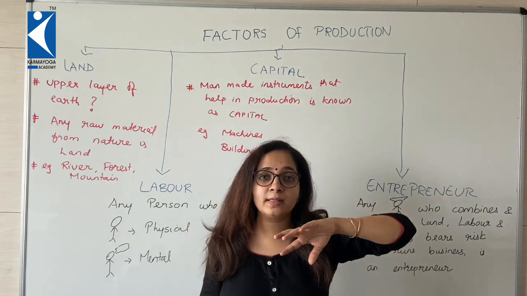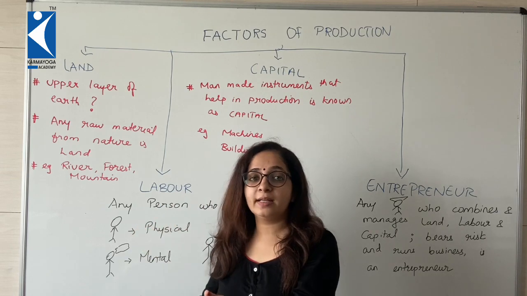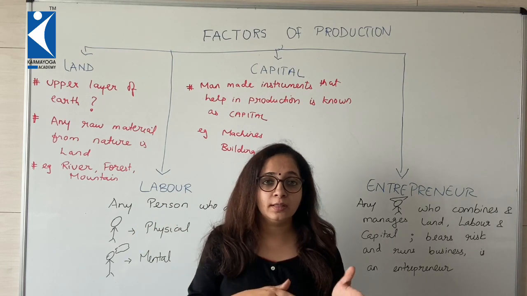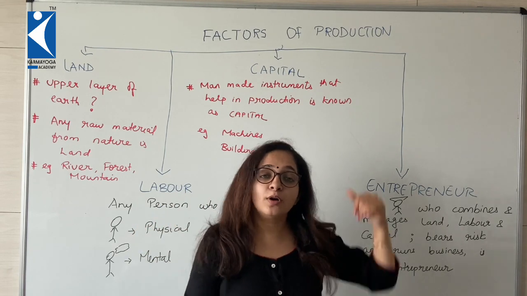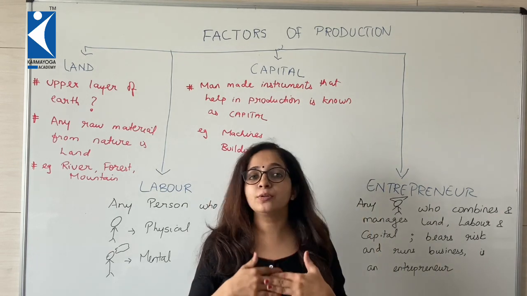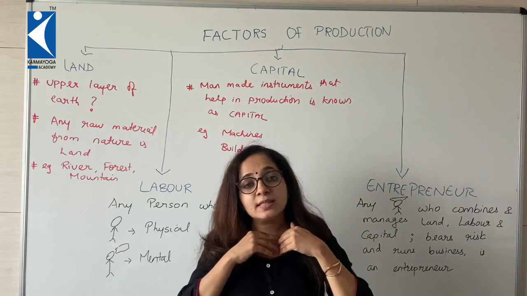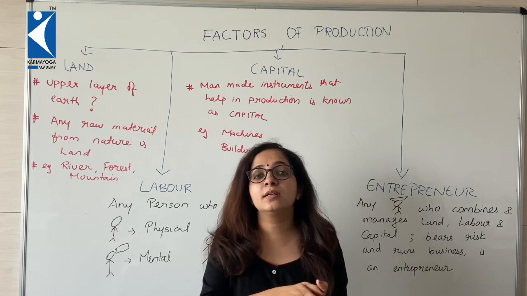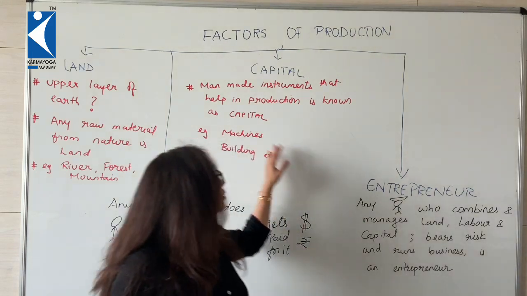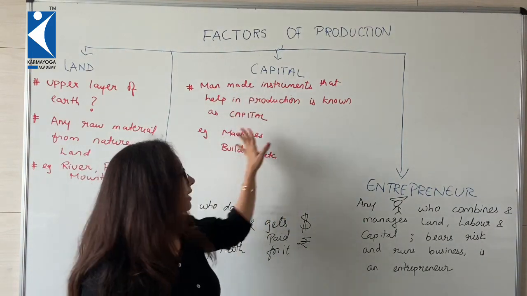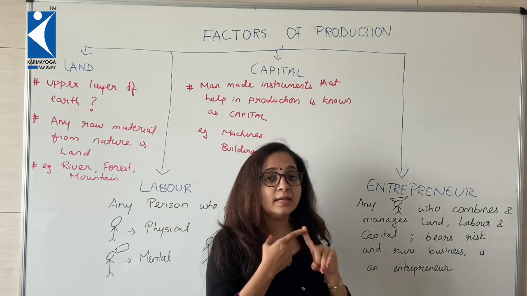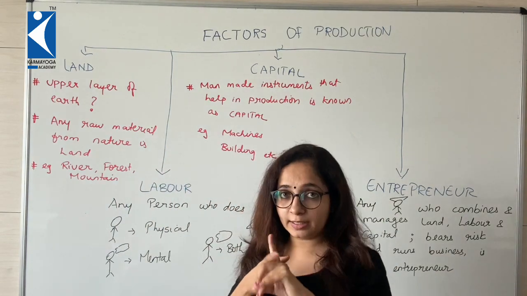In economics, any material thing is known as physical capital and any human is known as human capital. So according to this definition, I am also known as human capital because it is since years that I have been associated with this institute. So land, labor, capital. When anything is derived from nature, we call it land.